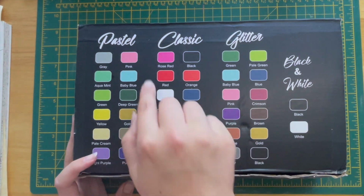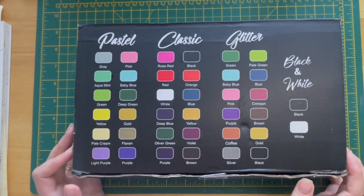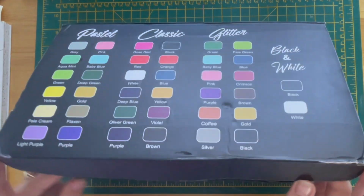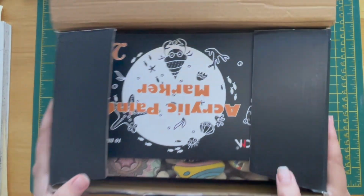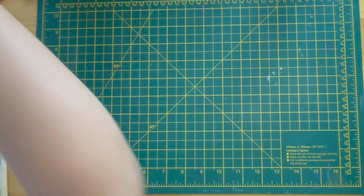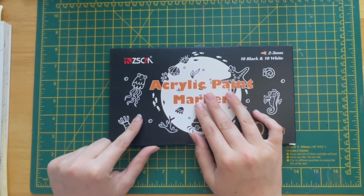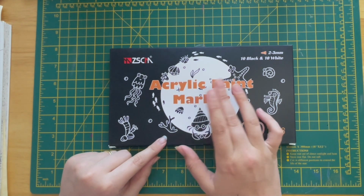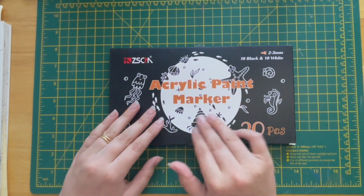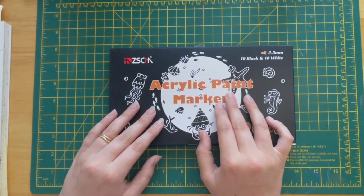So these include the pastel, classic and glitter, and then also the black and white as well. So if I just move the box out of the way, then I can show you. I have had these for a couple of weeks now and I have been using them and really enjoying them actually, which, you know, I'm always interested in a more cost-effective way of using acrylic paint markers, because as